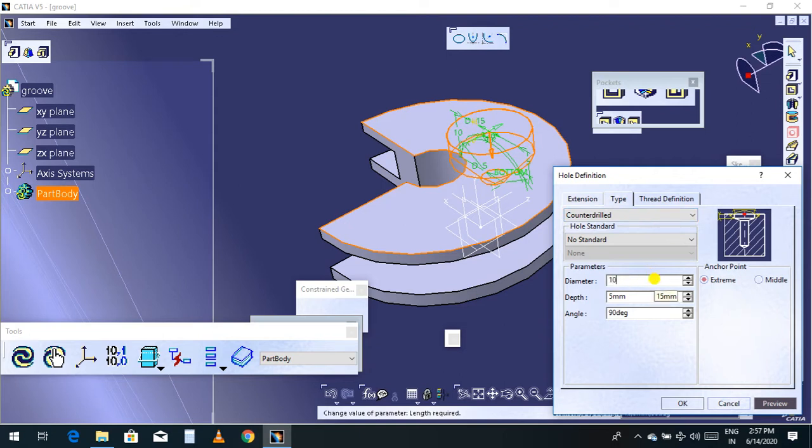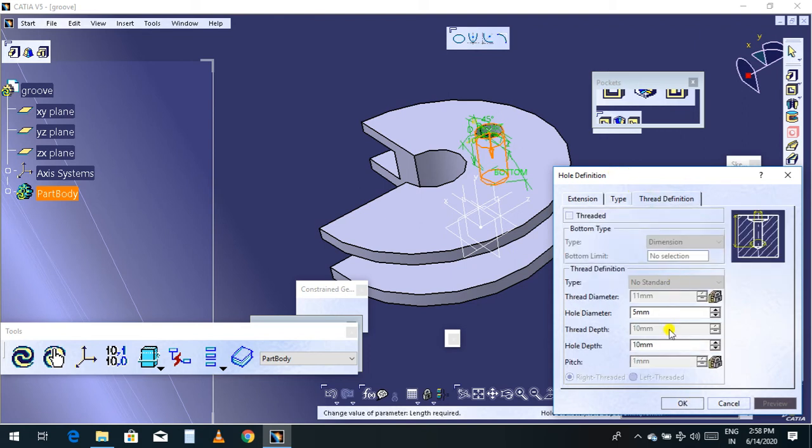I'll take 10 mm, I'll take 5 mm, and this depth I'll also take 2 mm, and this is 45 degrees. Select preview. Now you will get a hole here, and if you go to the thread definition, you can see